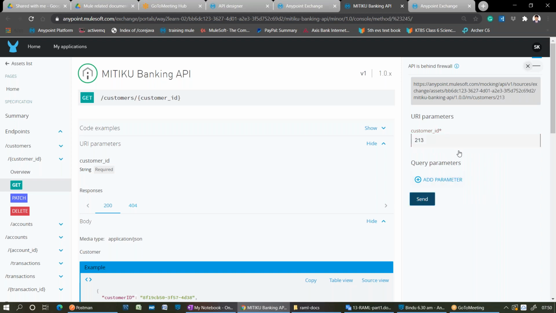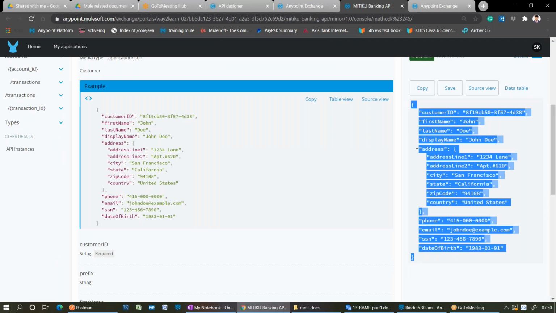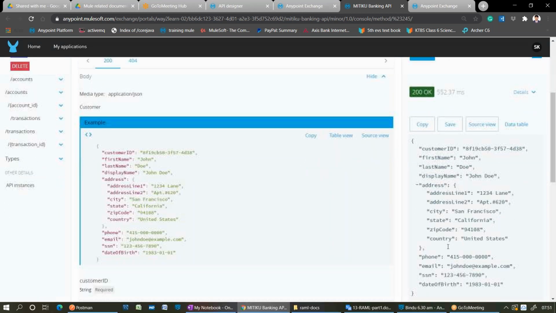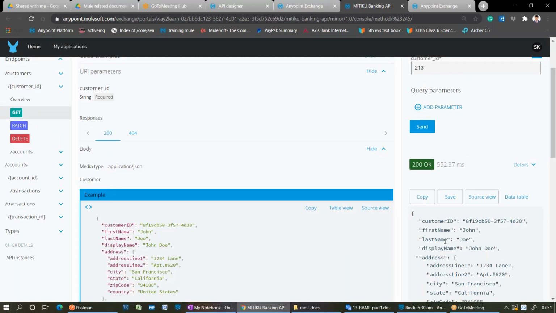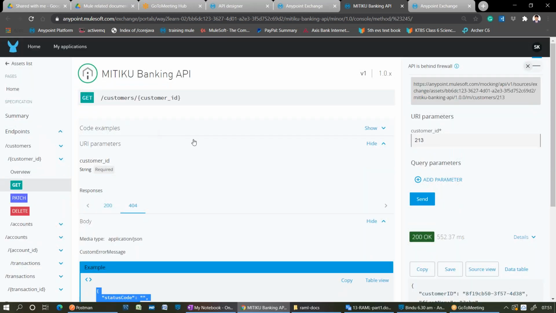If I click on send request, if it is successful, you can see the response. From where did I get this response? The examples. Example data. As a client, am I getting the original data? No, but some structure I can see, right? If it is 200, you can show it like this. For 400, this is the status code and the message which I formatted for that particular method in the API, right? Based on this, he can identify, and if you want any changes at this level, he will intimate the developer and he can do the modifications if required. Got it?